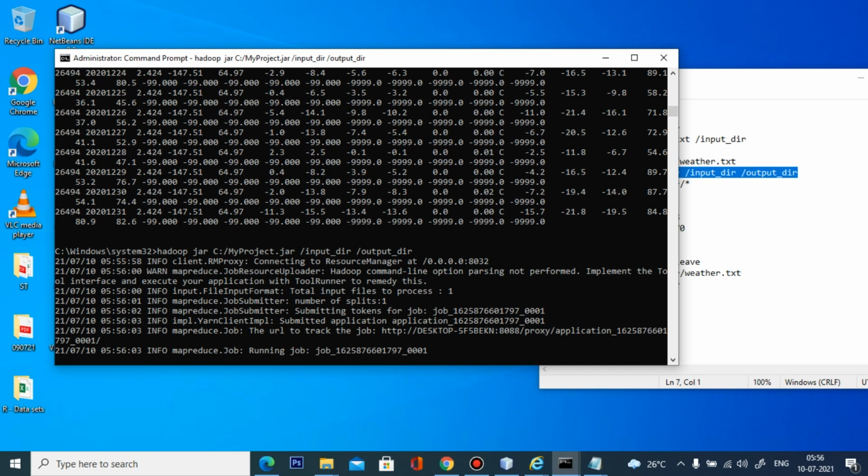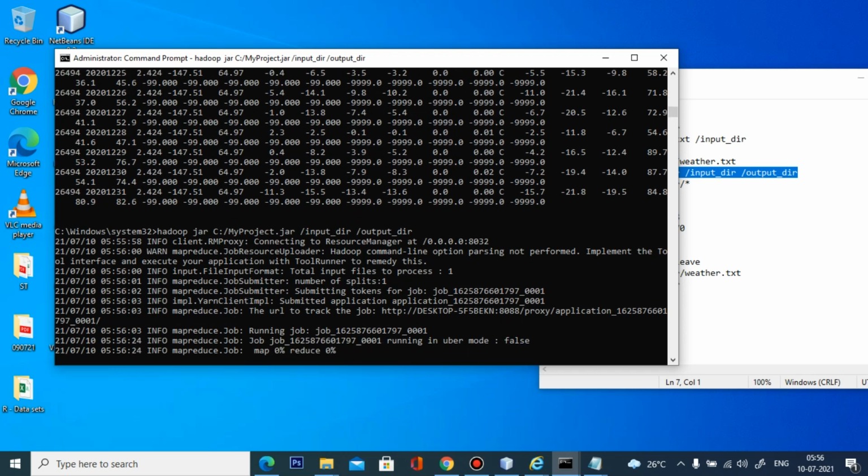In this program, we are going to analyze whether a particular day is a hot day or a cold day by using the maximum temperature and minimum temperature. The mapper function will collect the temperature and decide whether the particular day is hot or cold, and the information is passed to the reducer. The reducer will print the current temperature as well as the key, which is the date, and then whether the day is hot or cold. Okay, so this is your program explanation.